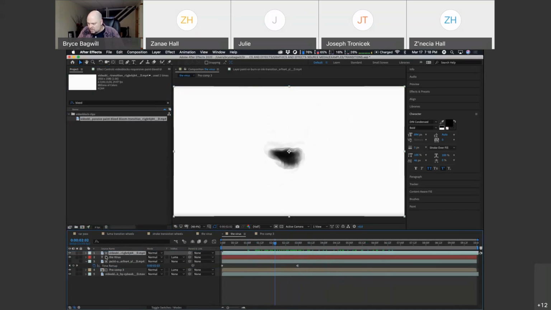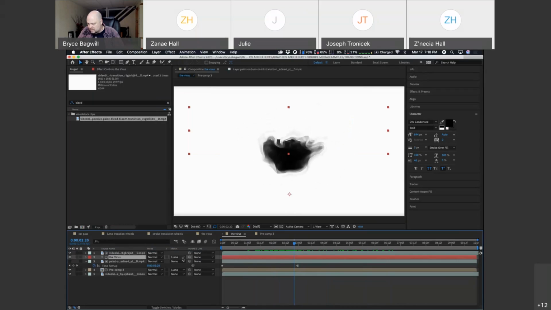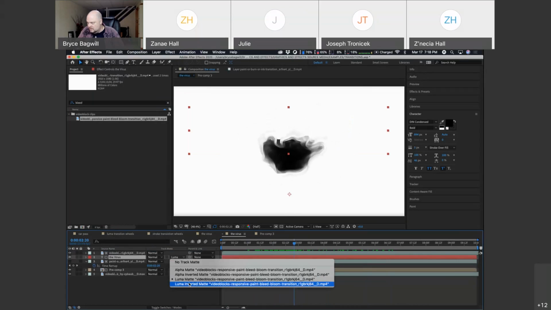So we want to actually use it as a way to reveal our text. So we want to go to the text version and we want to change it